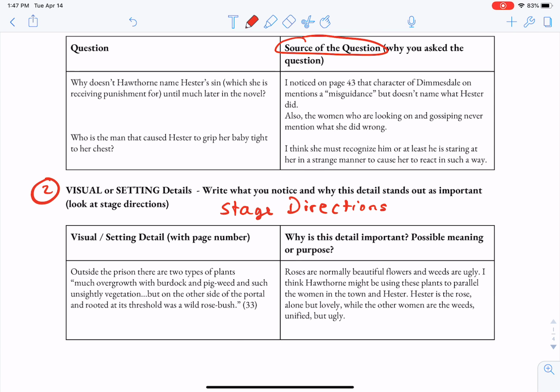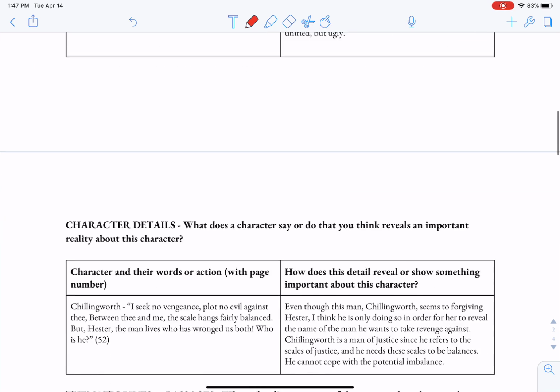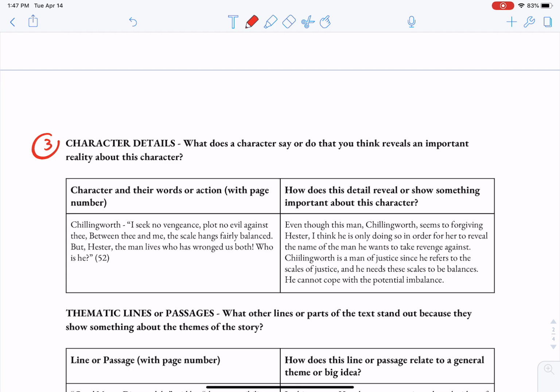They give us a picture of what's happening, since this is something that would be performed. You're going to include the visual or setting detail, as well as why that detail is important. Type 3, character details. So what do characters say or do, right? What are their words or their actions that stand out as important? And you're going to write down the character, what they say, and then how does that detail reveal something about